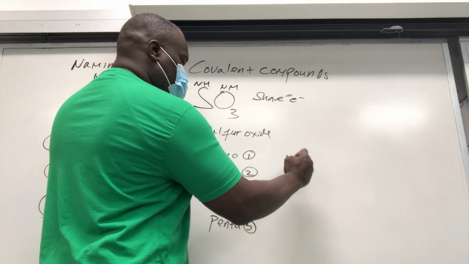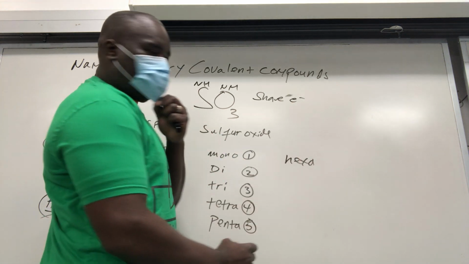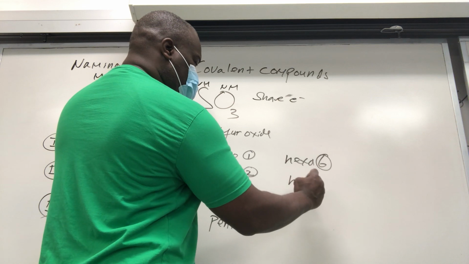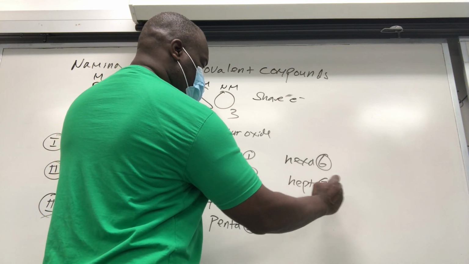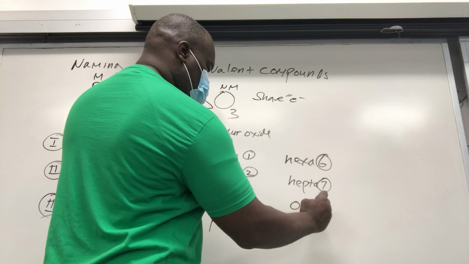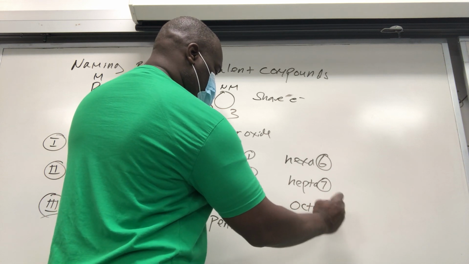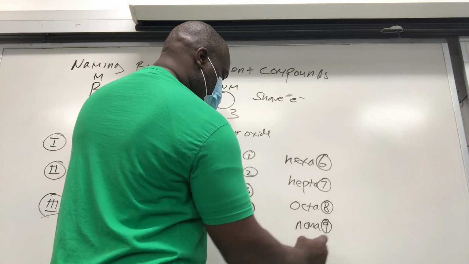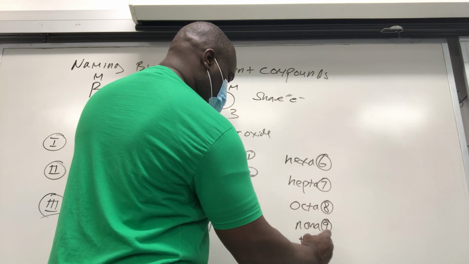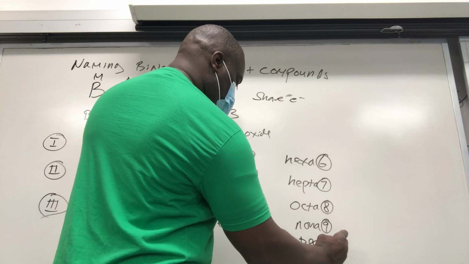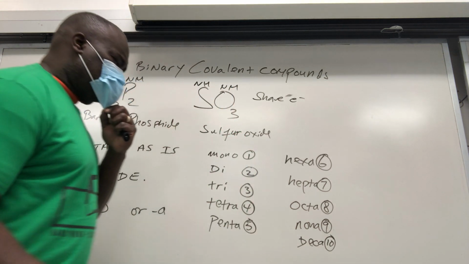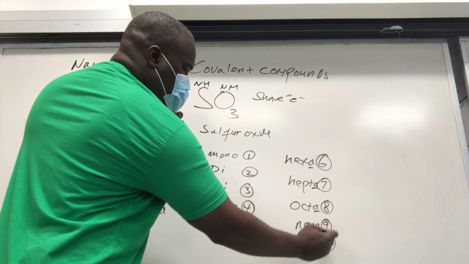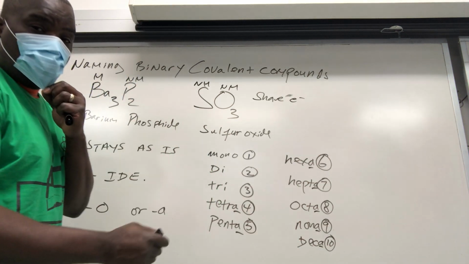6 is going to be hexa. 7 is going to be hepta. 8 is going to be octa. 9 is going to be nona, and 10 is going to be deca. And my point again is, these A's sometimes will be dropped depending if the second guy begins with an O or an A. But we'll